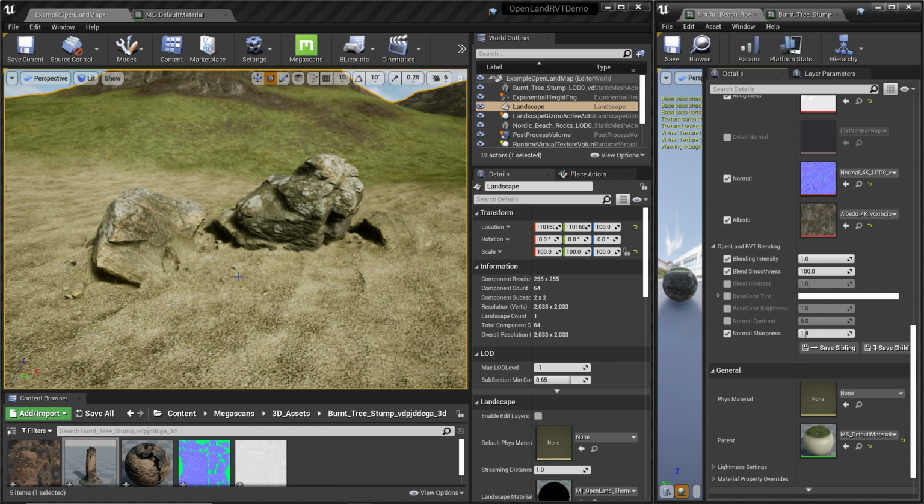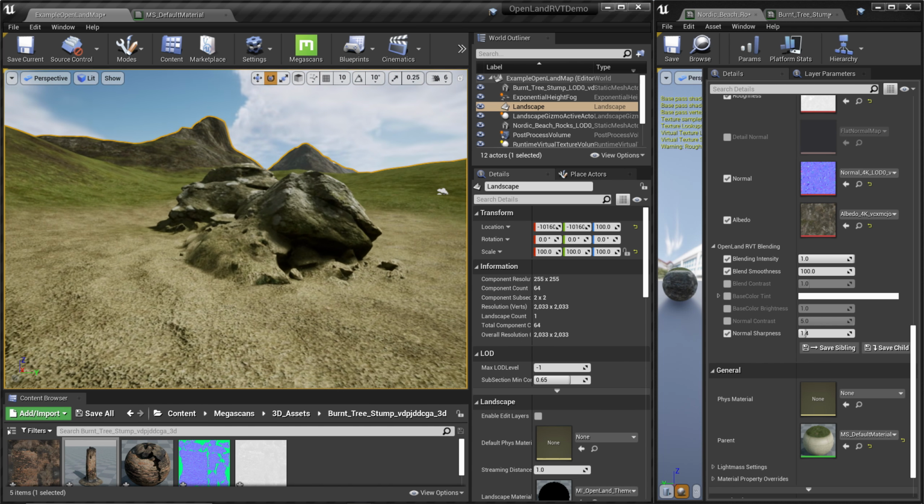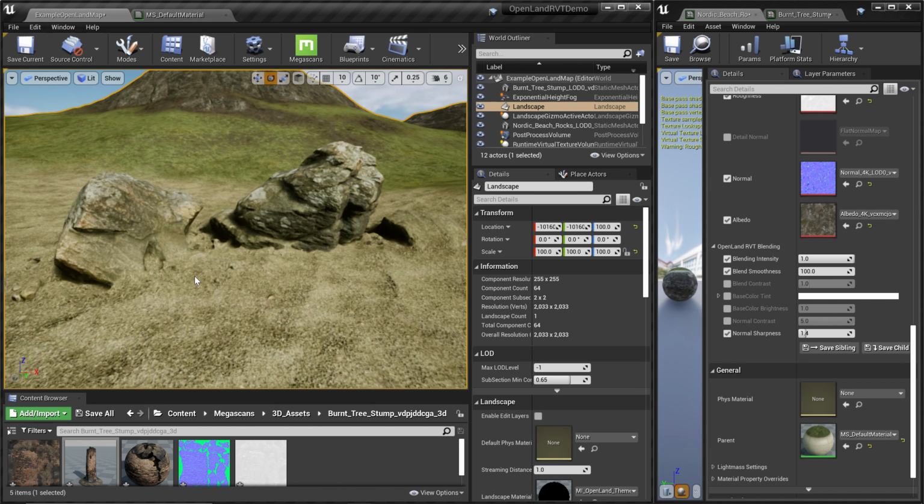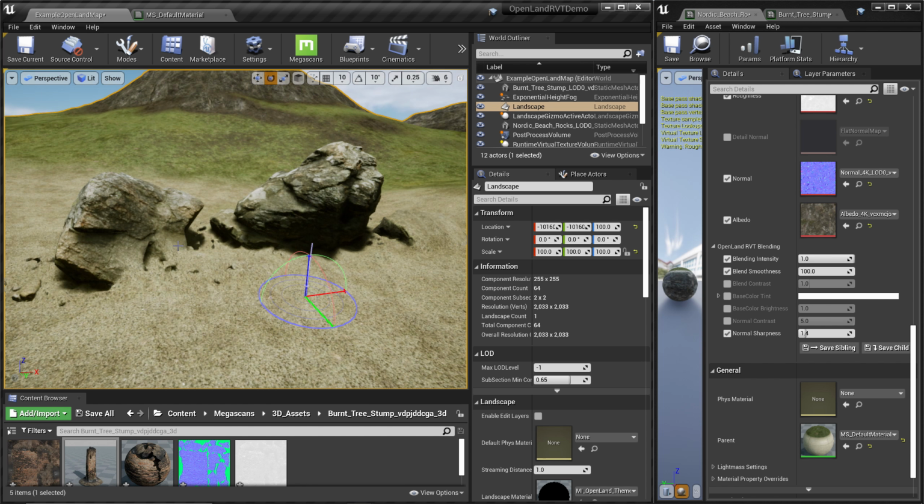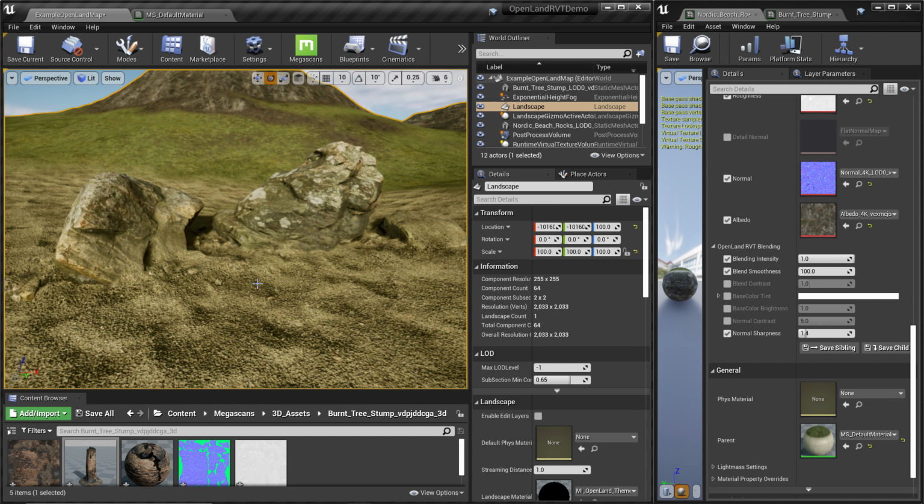Okay, now I enable RVT blends. Now it seems like this rock is just coming out from this sand, and it's been there for a few hundred years. So you can see it's nicely blended with the beach, and it looks really nice. I can turn the sun here and there, and there are no seams, so it's just perfect. Now you can see the sand area covers some of these rocks, but I can easily change that.